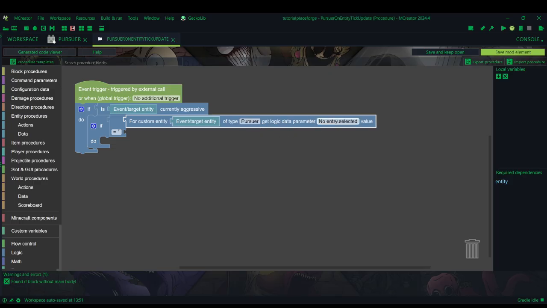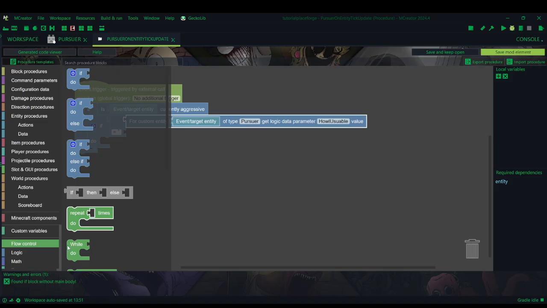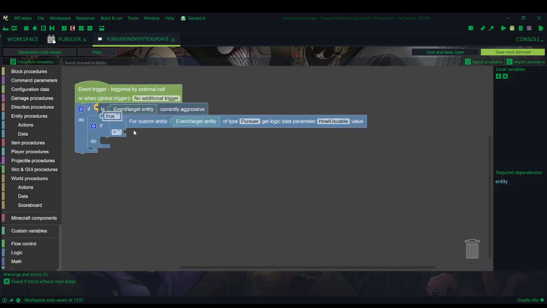So pursuer. And then how usable. How usable is pretty self-explanatory. It just checks a bit. Now, if that equals true, then if start how query,